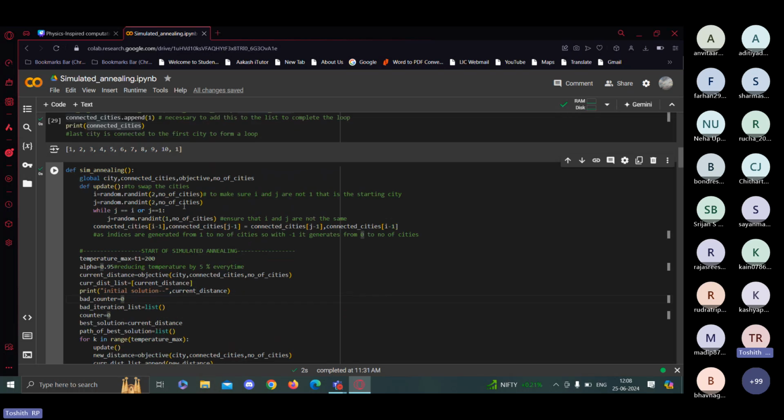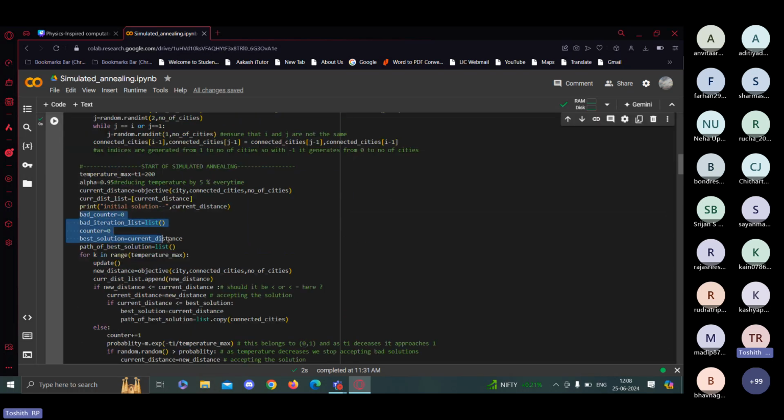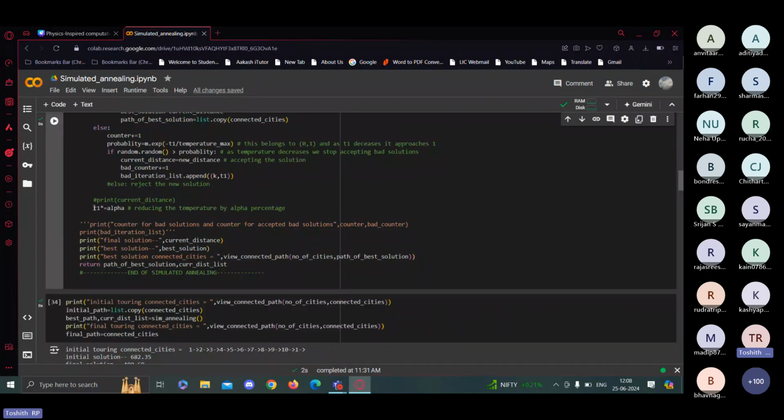Over here, there are many things such as these variables. These are all just to improve your understanding, but you just have to focus. I'll show you the main program. So I've set initial temperature to 200 and I've set alpha as 0.95. What happens is if I multiply alpha with the current temperature, it just makes the temperature reduce by 5% for every iteration. At the end of the file, T *= alpha. This reduces the temperature by 5%.